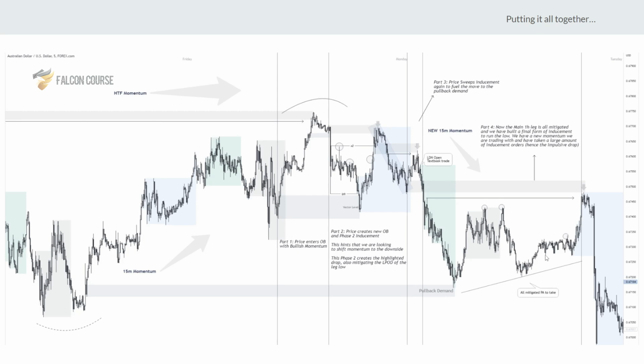So do you mean this inducement that we sweep here? No, the one in the grey box. The one in the grey box. Let me look at that. As if you're looking at inducement for this demand here. Yeah, it is inducement for that demand, exactly. It actually is. So we have demand here, right? We have some imbalance, and then this reacts to this, to this. So that is inducement for this. But realistically, we can trade from that 100%. It is out of time, but that's 100% a great trade.